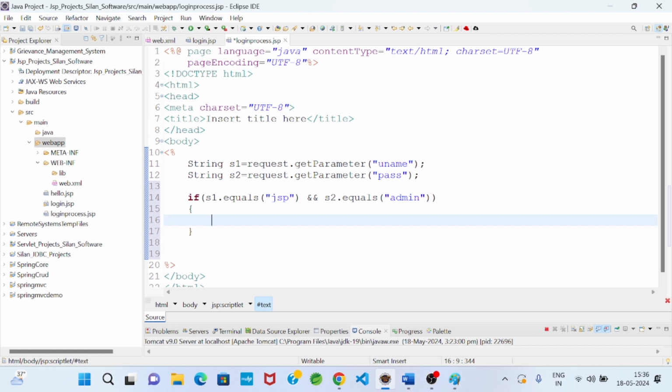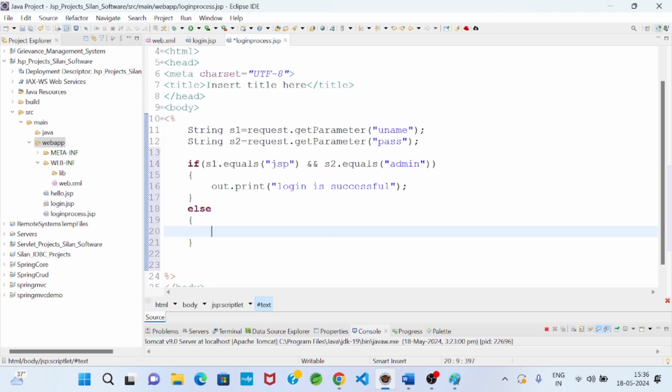Then I can write out.print("login is successful"). Else out.print("invalid credential"). Okay. So if the condition is true, the if body will execute, otherwise the else body will execute.